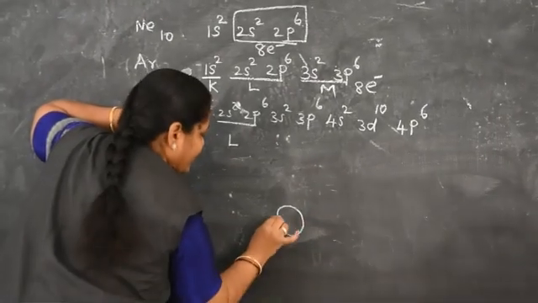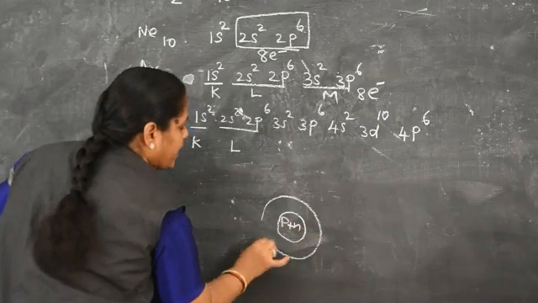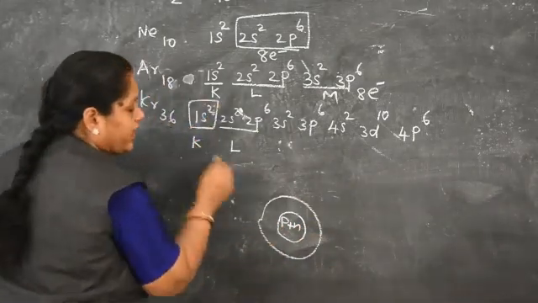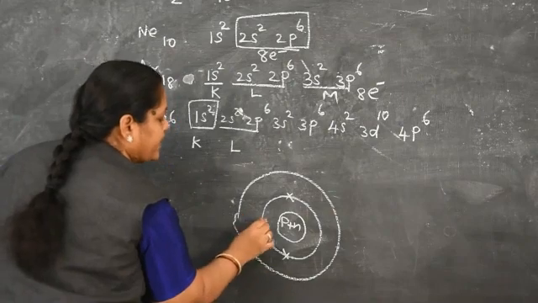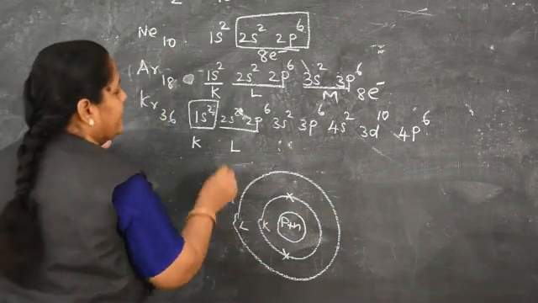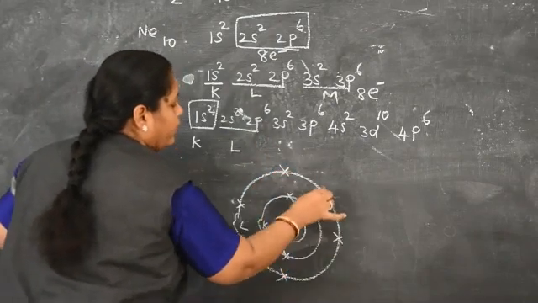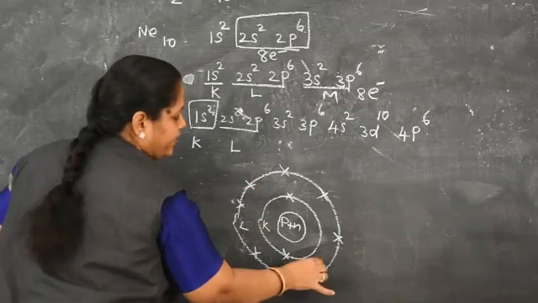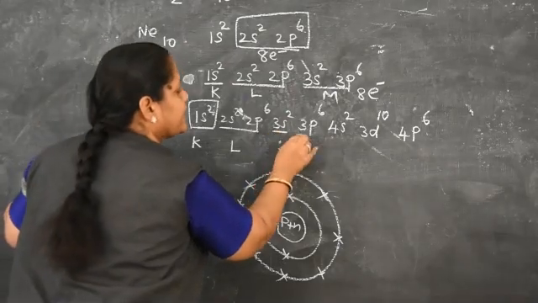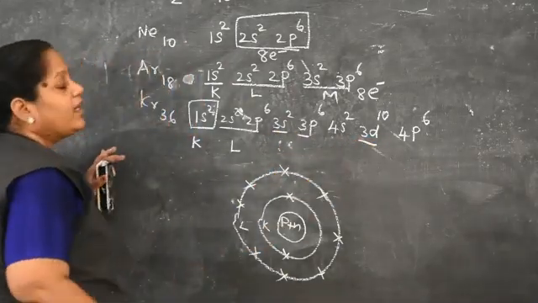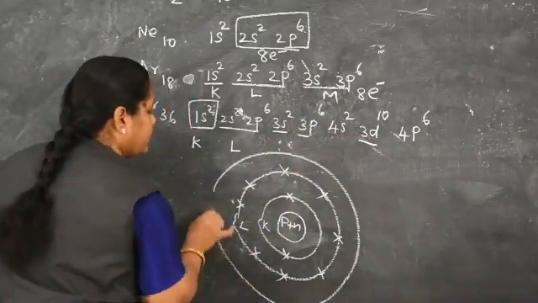So I write this for krypton, for understanding, or draw this diagram with proton plus neutron in the nucleus. First shell, how many electrons? 2 electrons, 1, 2. Second shell, 8 electrons. This is the K shell, this is the L shell, with 8 electrons: 1, 2, 3, 4, 5, 6, 7, 8. Then the third shell: 3s, 3p and 3d. It totally consists of how many electrons? 18. Instead of putting the 18 dots.